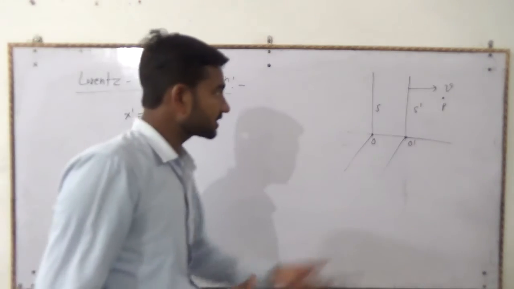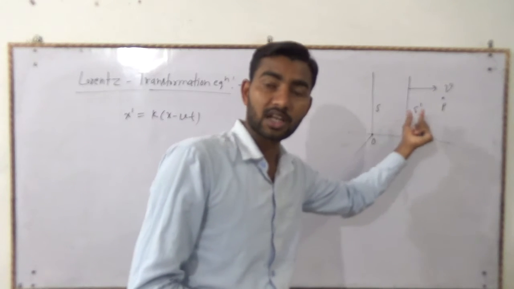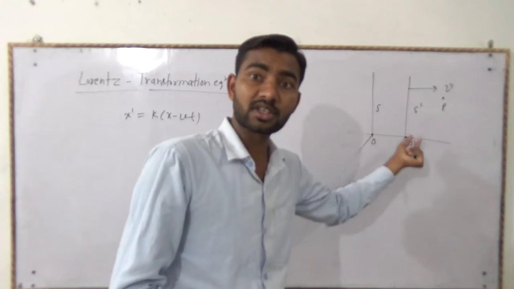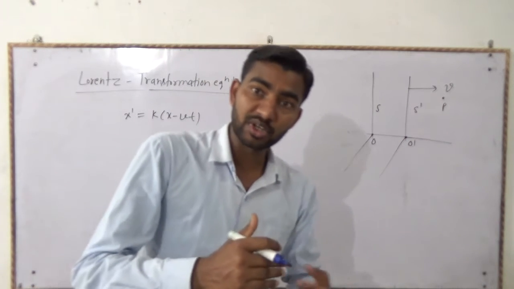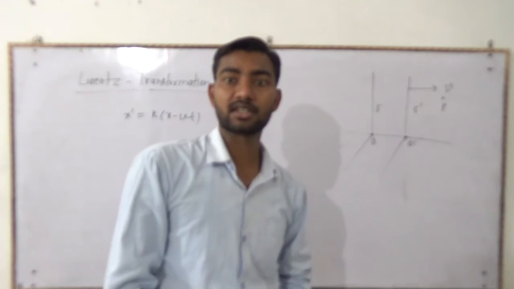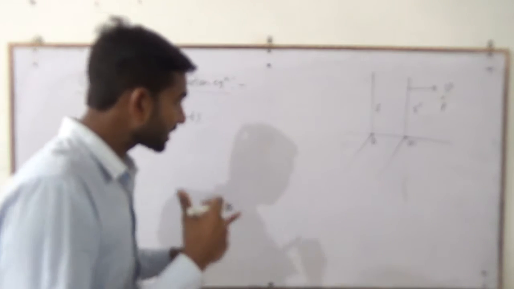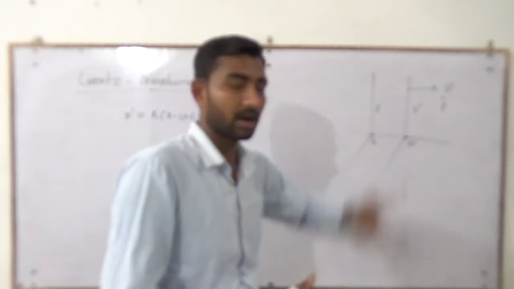And friends, if this frame of reference S dash is moving away from this frame of reference with velocity v, then this frame of reference S is also moving away from this frame of reference but in the opposite direction. We can realize it very simply. So if we write the same concept but relative to this frame of reference,